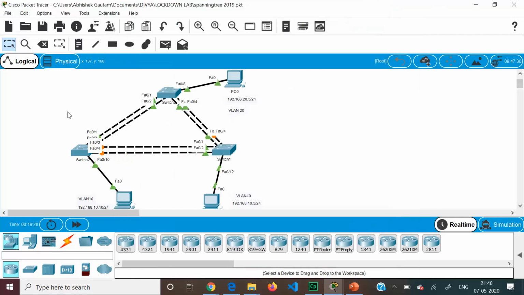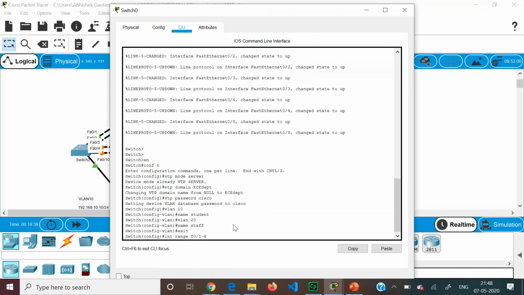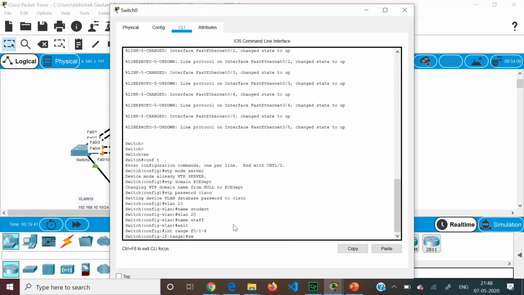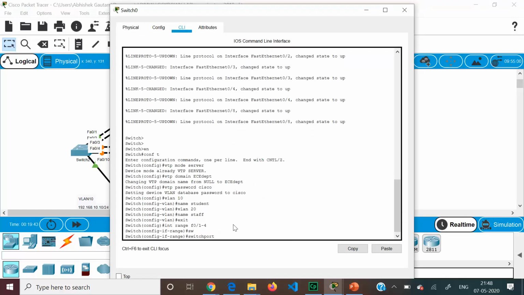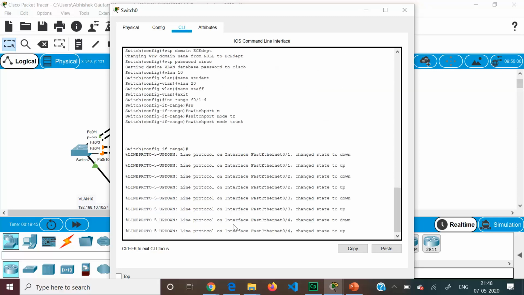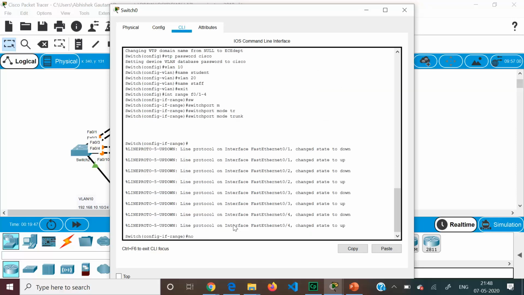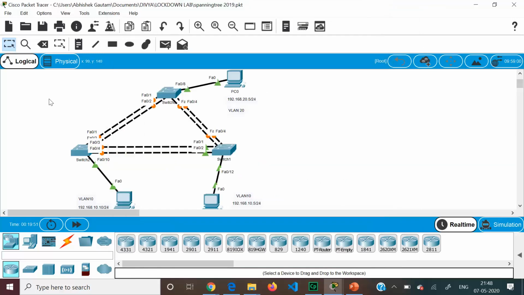If you see here, we have used 1 and 2 over here and 3 and 4 over here. So the interfaces which are connected between the switches should be trunking. So we will take 1 to 4 and we'll say switchport mode trunk, and we'll do no shutdown. That is power up the ports.